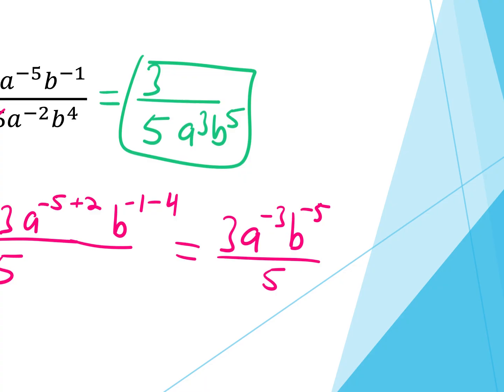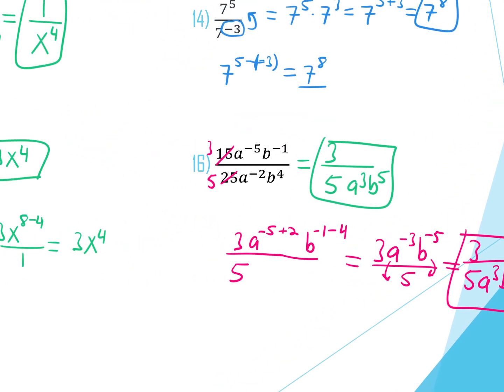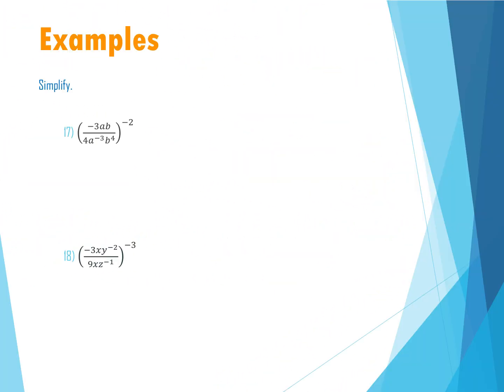We can't leave it like that because there are negative exponents, so I'm going to move whatever has a negative exponent to the bottom. This is going to get you 3 on the top, nothing left, and then it's going to be 5a to the third, b to the fifth. Good with that, guys? Okay, not bad. Let me zoom out. Okay. Last two